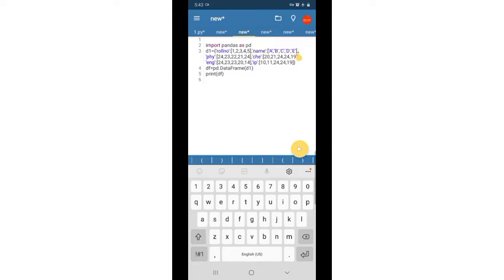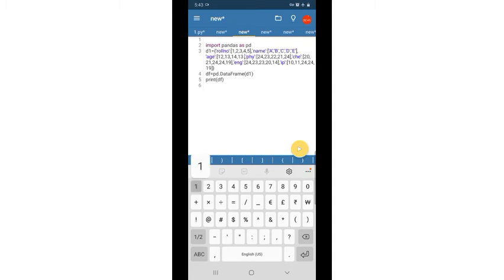Comma, single quotes, age, colon square bracket 12, 13, 14, 13, 14. So these are the ages.